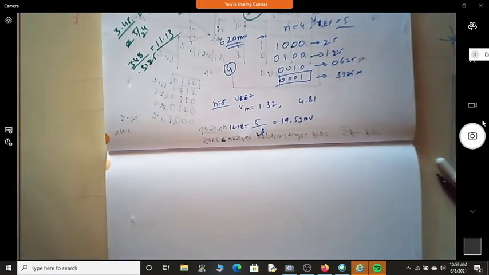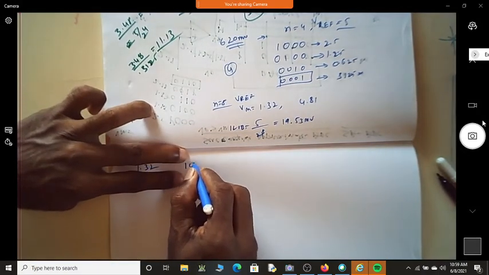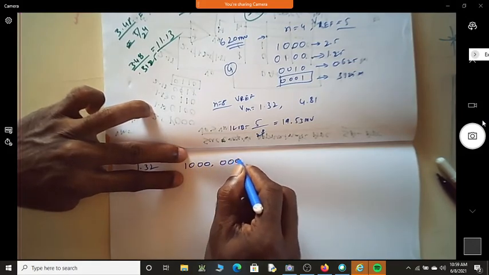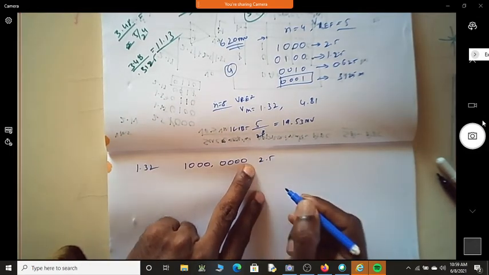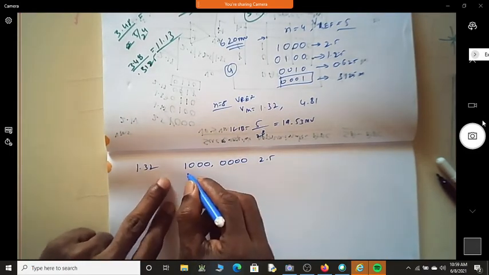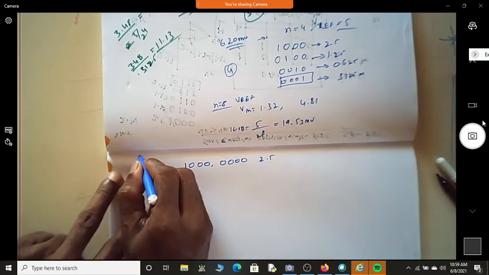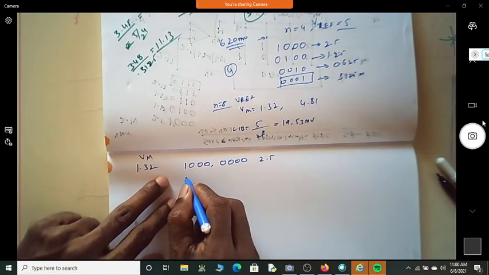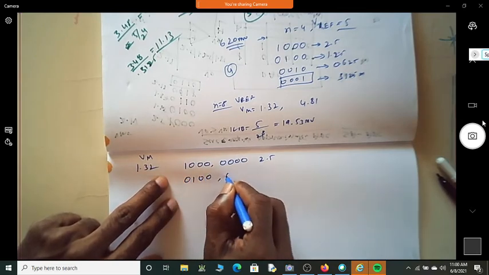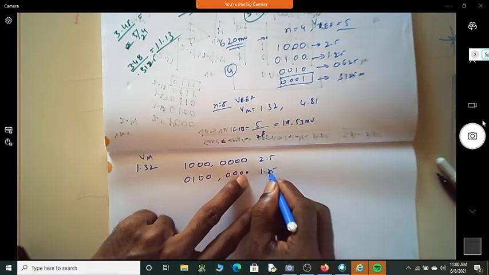This is in millivolt. Now, if it is 1.32, do we end up with something like this as our first representation? Is it 2.5 volts? Yes, sir. So shall I retain or not? This is the input. Shall I retain or shall I go to the next? Next, sir. Shall I retain? No, sir. Correct? Yes, sir. What is this? 1.25.